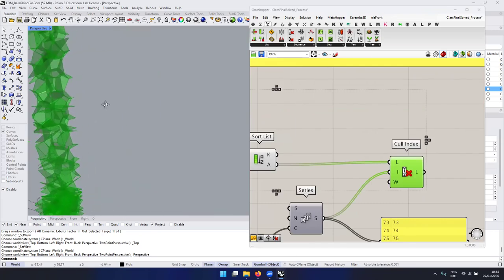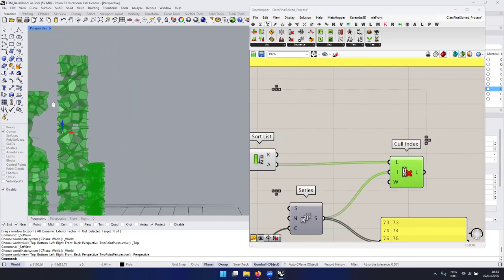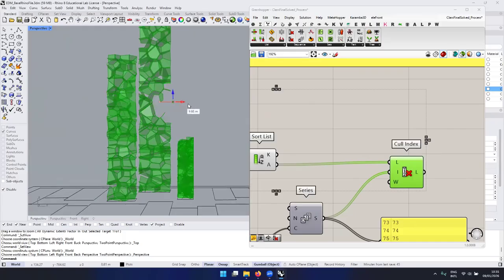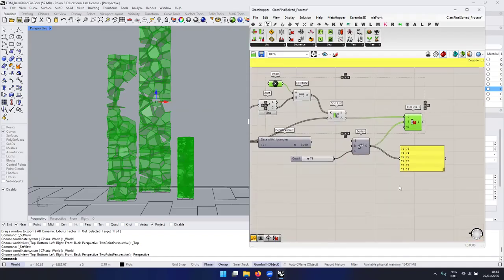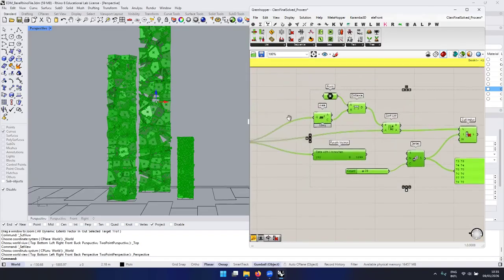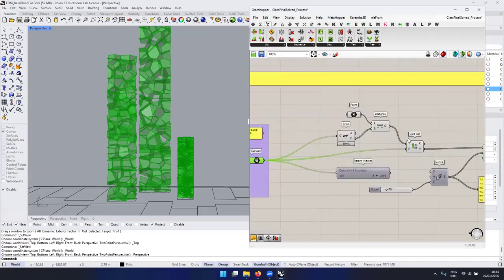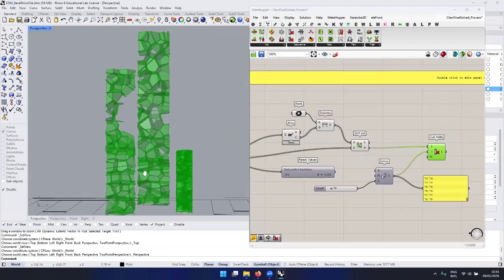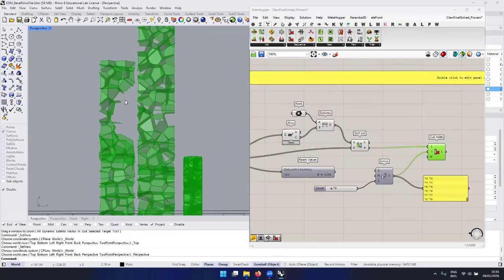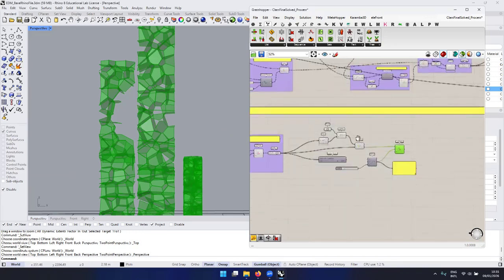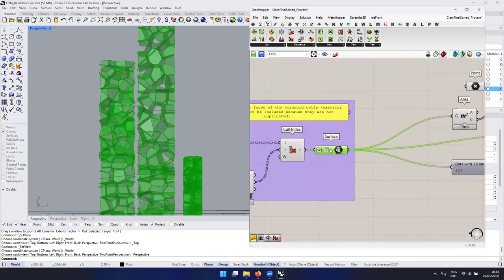If I move the attractor point, I'm deleting more faces in another part. We can do it like this. If I flatten the list here, I'm deleting overall the 20 closest surfaces. Doesn't matter if they're in one building or in another one. If I don't flatten here and I work a bit with the data structure, that is what I am going to do now,